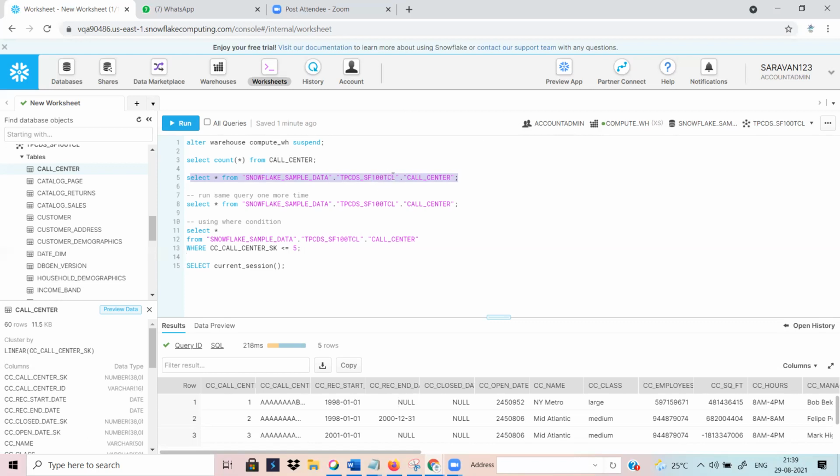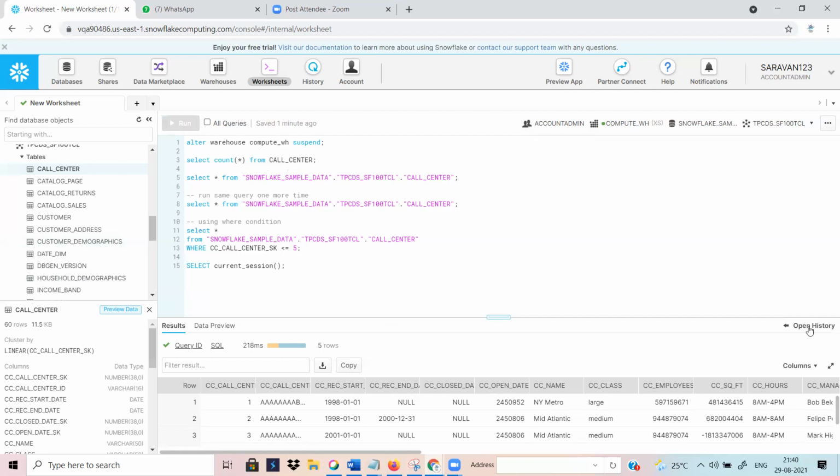Before the result cache, the data from the remote storage moves into the warehouse cache. There is one more cache, the warehouse, which is the local cache. From the local cache it goes into the result cache, and your query result comes from the result cache. I am showing you how.